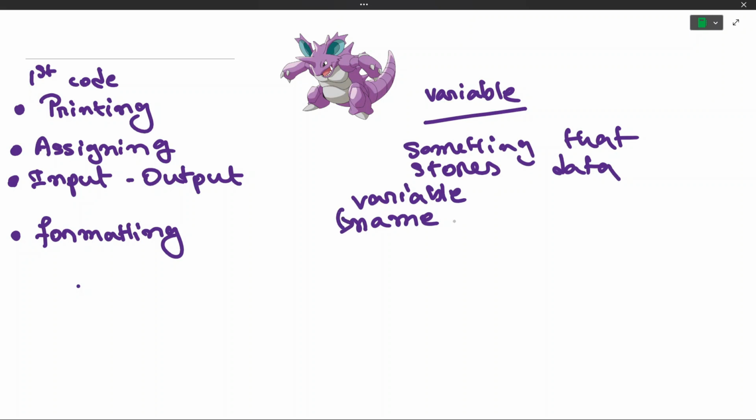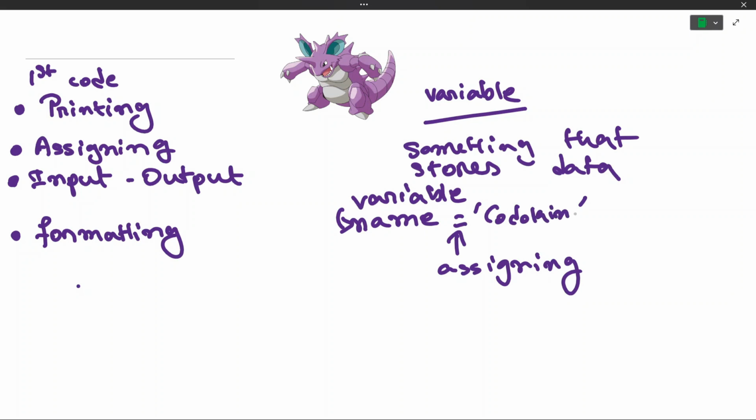This is the name of our variable, and the name of the variable is name. So we put equal, and this is called assigning. So we are assigning to name this string over here,